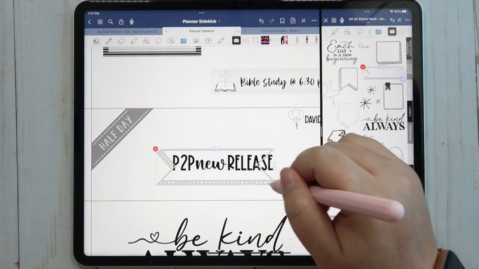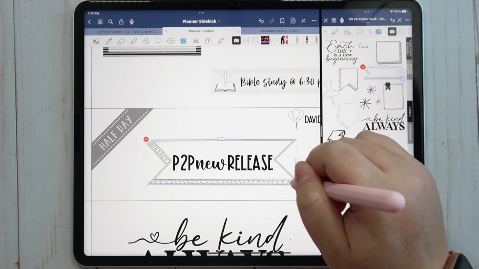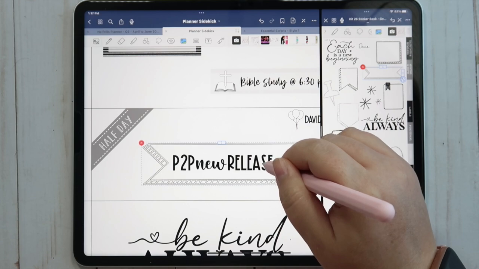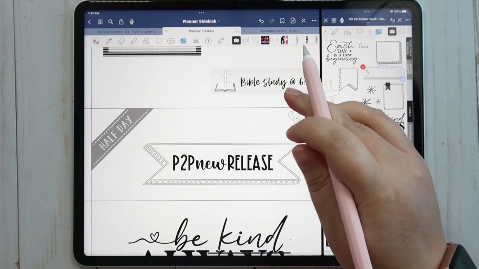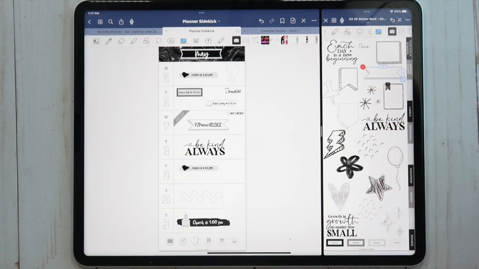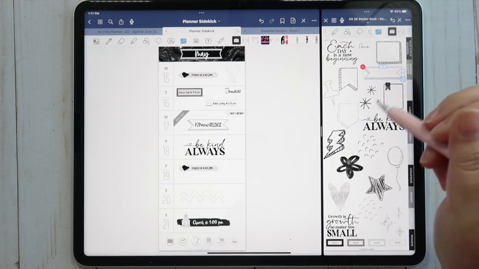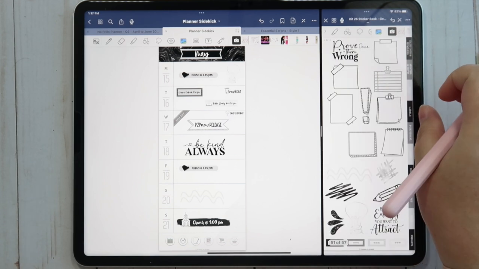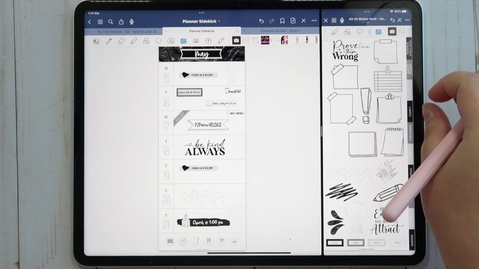I just think that looks so cool. I'm gonna squish it a little. Yeah, I love that. I love like the more journaling style. It's just really cool. And then let's see. What else should we put in?